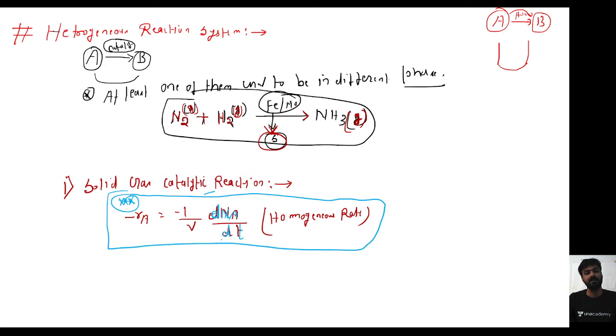Are you saying? But in case of heterogeneous reaction system, it can be defined in a different way. So the first way of defining rate of reaction over here is,